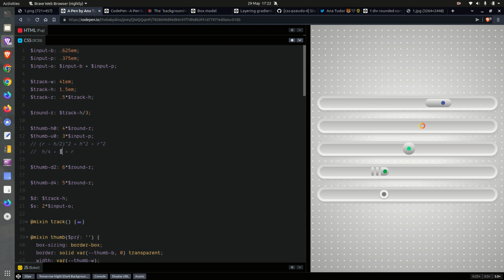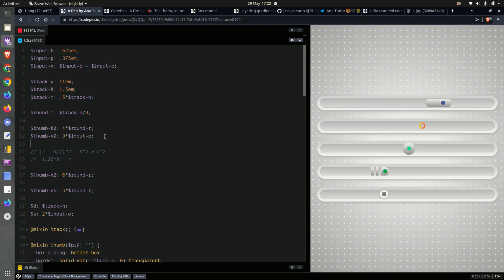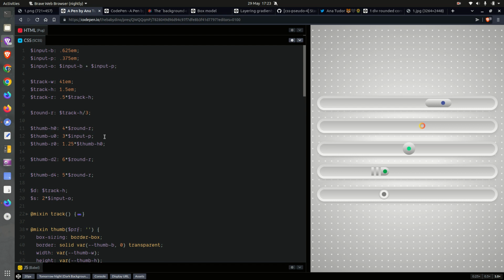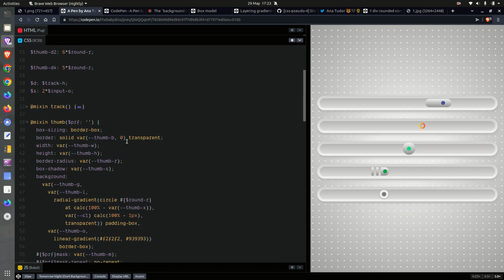So, this is going to be 5 times the height over 4, which is the same thing as 1.25, right? So our thumb's rounding radius for the mask is going to be 1.25 times the thumb height, and that's how we got it. Okay, so